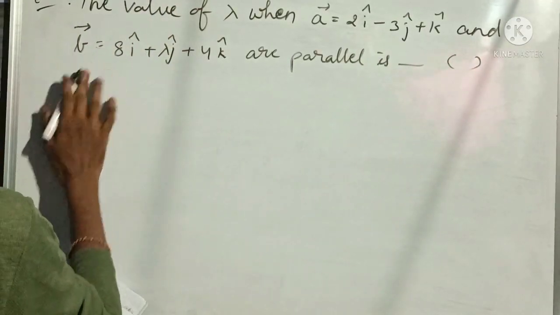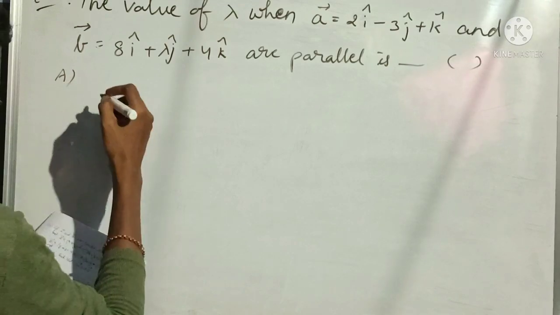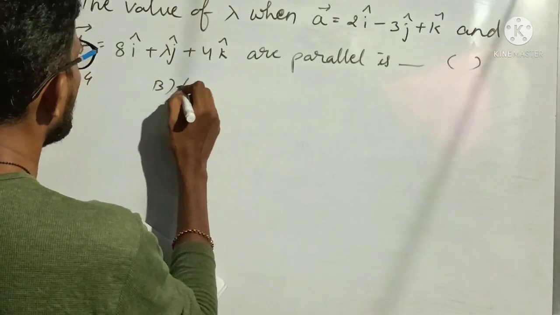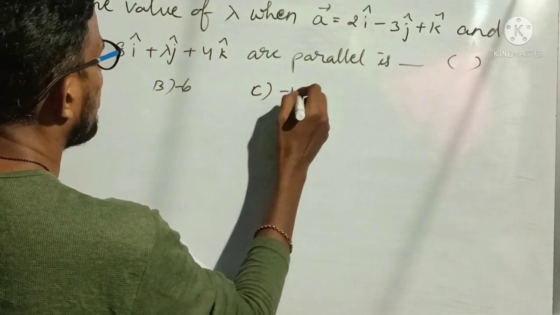So your options: option A is 4, option B is minus 6, option C is minus 12, and